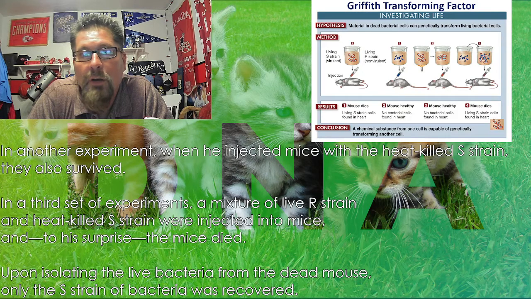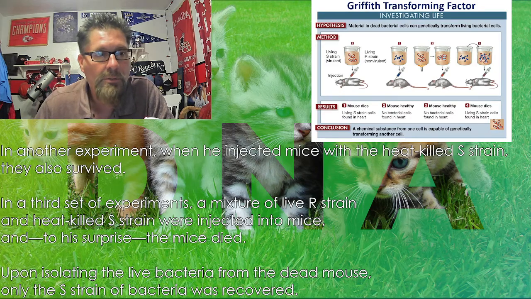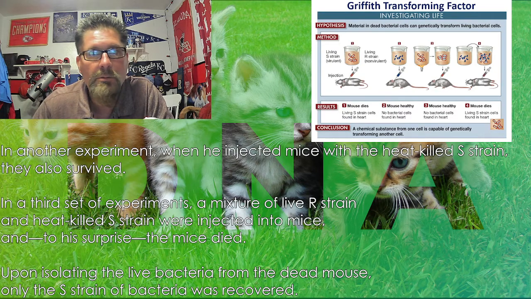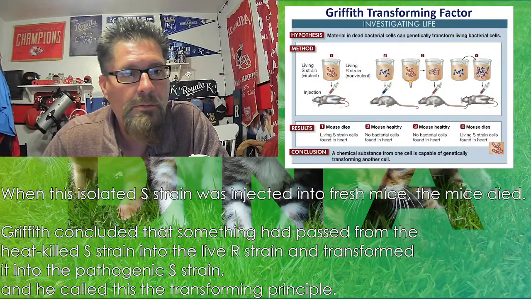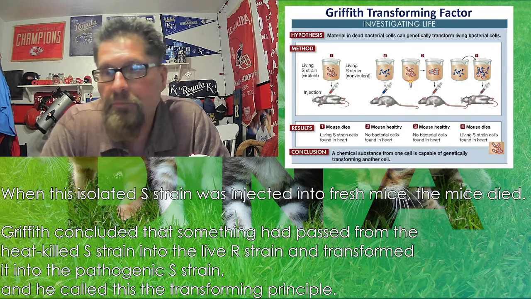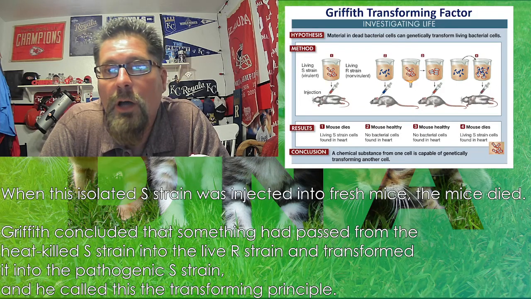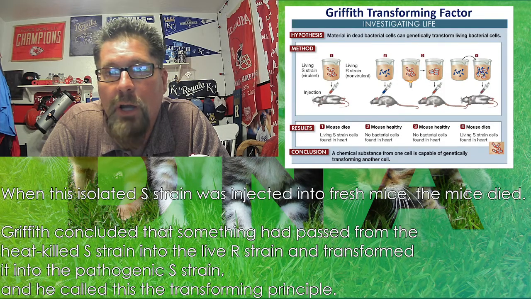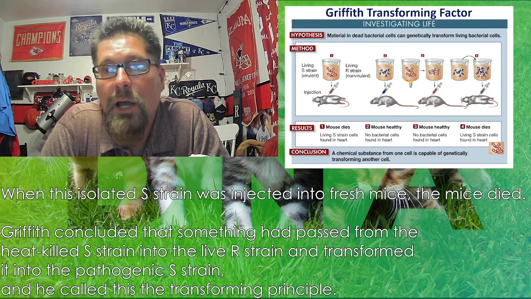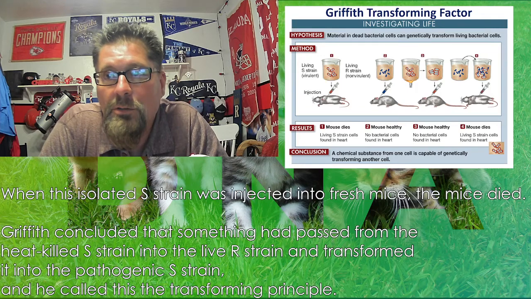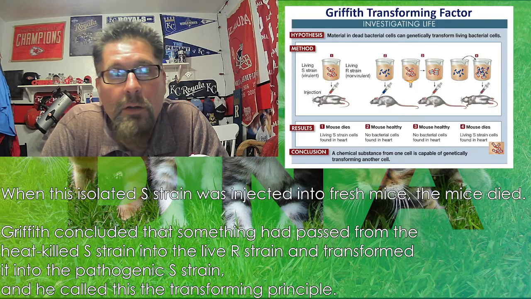But the idea of the S strain killing the mice, the R strain not killing the mice. But then what he found is that when he took the R strain and the S strain and put them together into one container, and then injected that into the mice, the mice died,